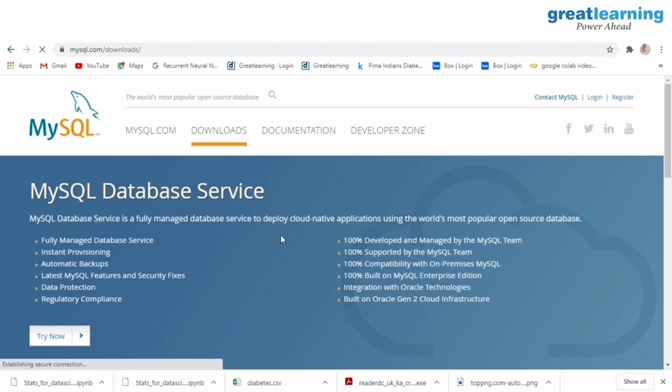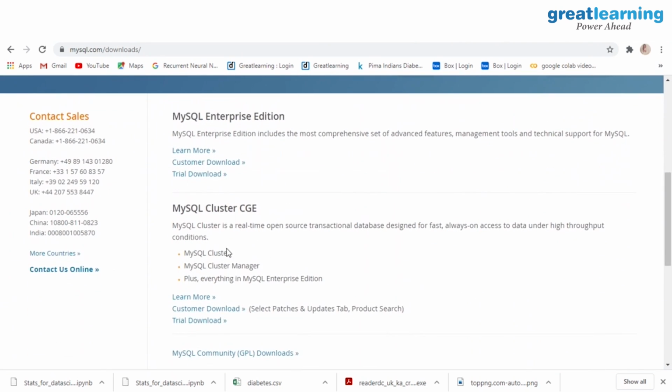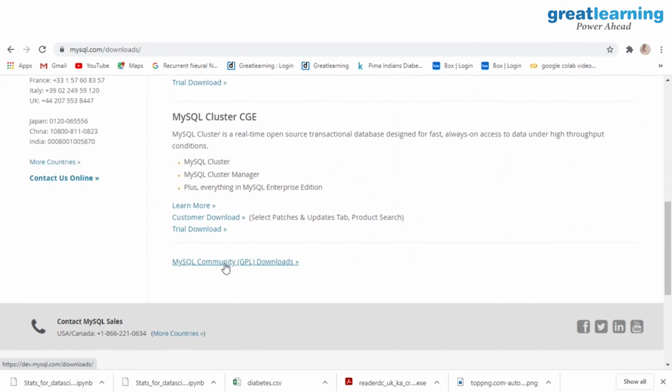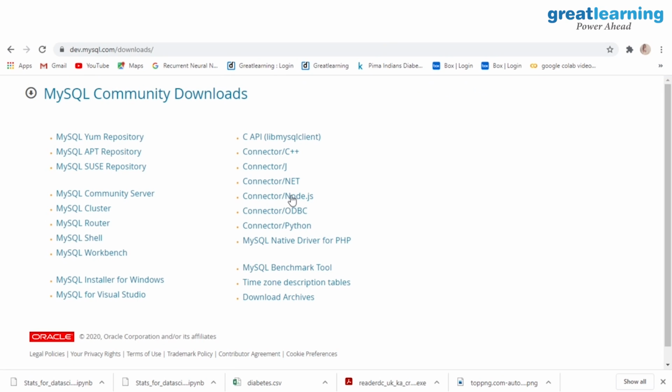Now you will get this download page. If you go down, you will get an option called MySQL Community GPL Downloads. Click over here. After that, it will redirect to a page where you can see lots of community downloads: router, shell, cluster, workbench, connector, Python connector, ODBC connector.